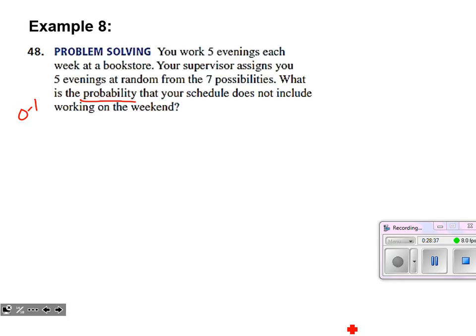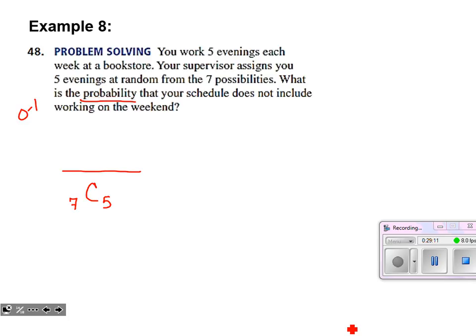Huh, okay. Well, think about what's happening, because our sample space and our desired outcomes are going to be determined by answering how many ways. So let's see, out of all the possibilities, there are 7 possible evenings. That boss is going to choose 5 of them. And again, the order doesn't matter. He might pick Friday and then pick a Tuesday or something like that. The order doesn't matter. He's just going to pick 5 of those dates.